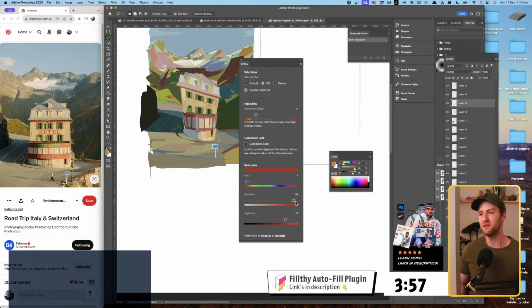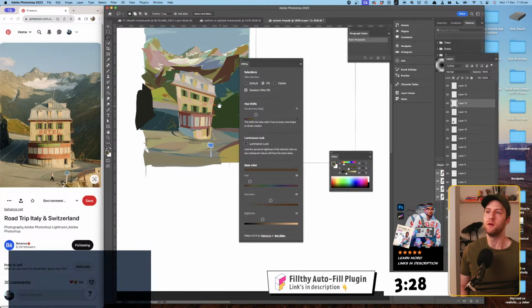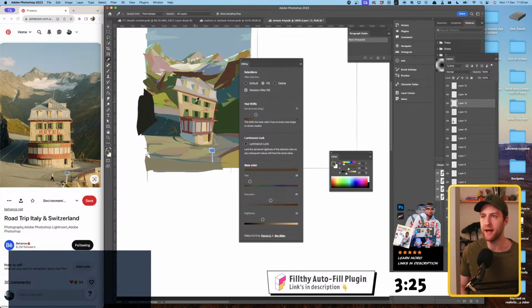A bit too intense with the saturation, so let's knock it back. Now we can add maybe an indication of the